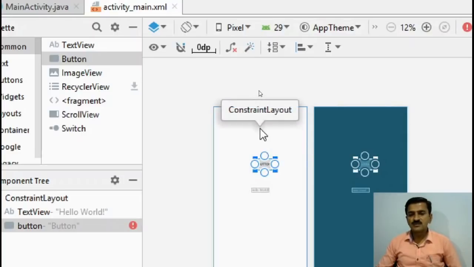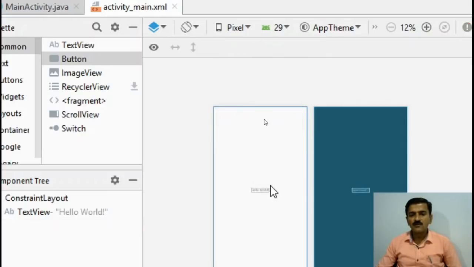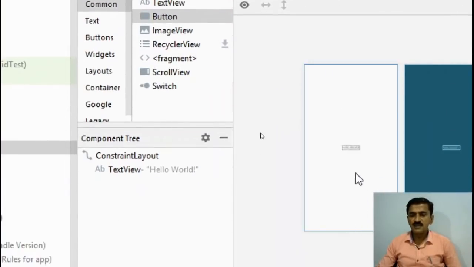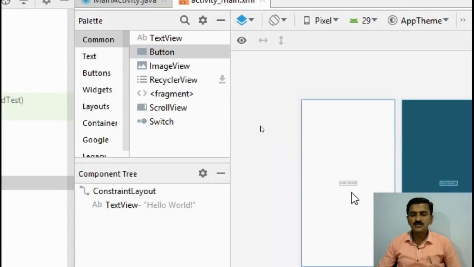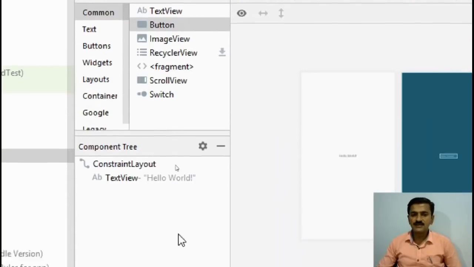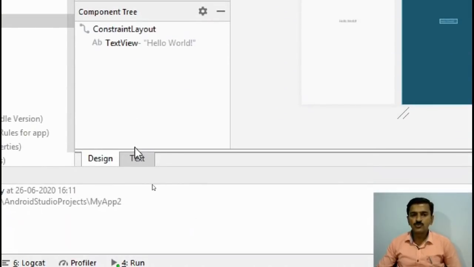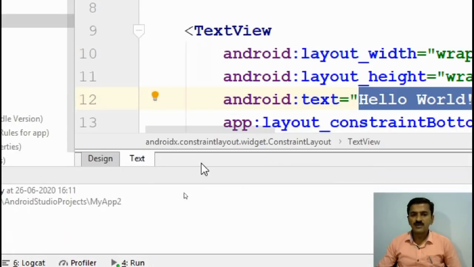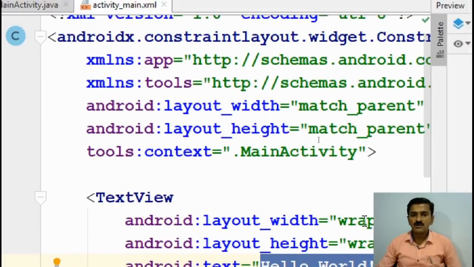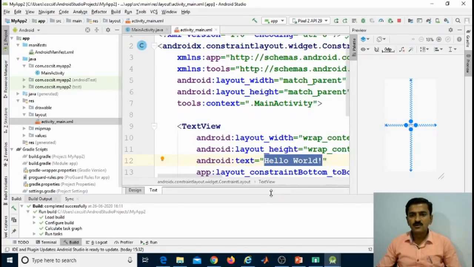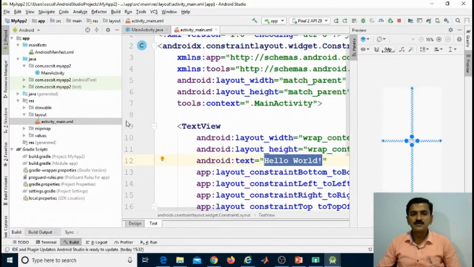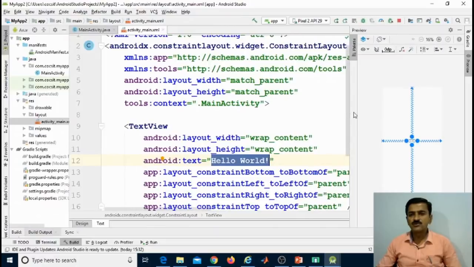You have to first understand the different layout of the designing. So instead of dragging and dropping and designing the screen, we will design the code using XML tag. So I am now moving toward the text view. When I click on this text view, the XML file will appear in front of you. So in this file, we can design your activity or your screen.